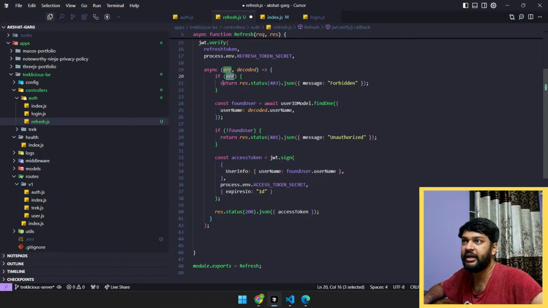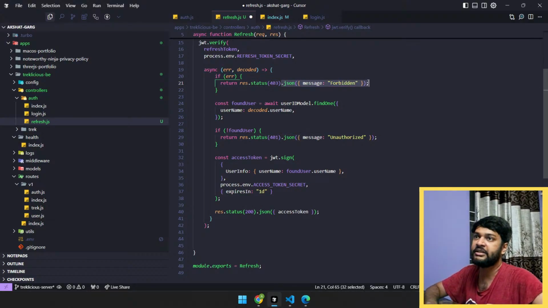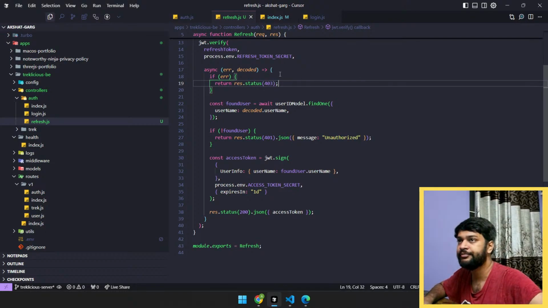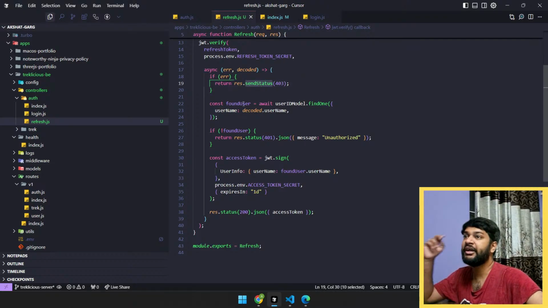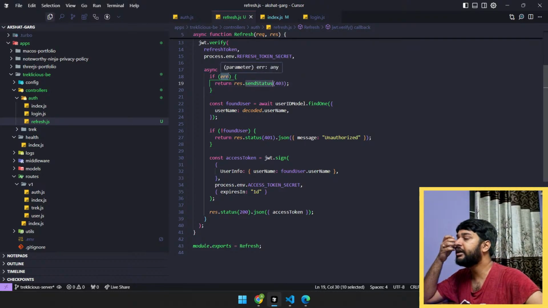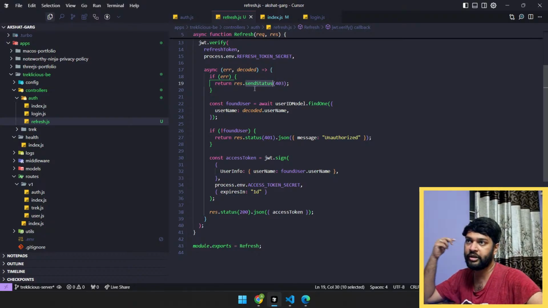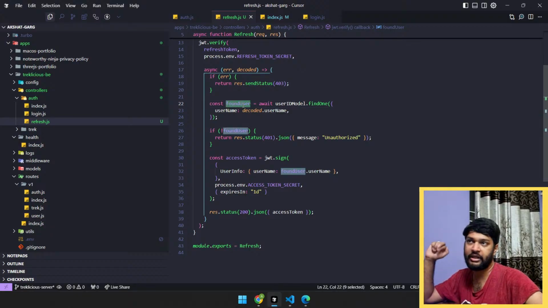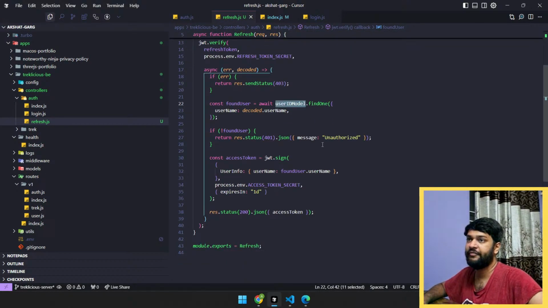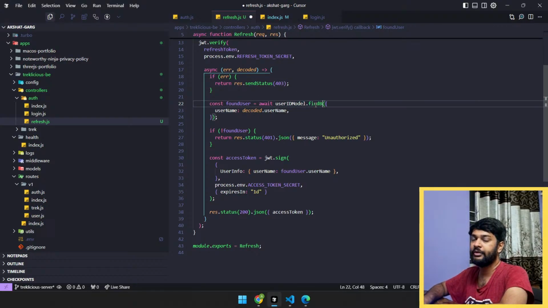हमें अगर एरर आ रहा है तो हम 403 भेज दे रहे हैं और यहाँ से इसे हटा ही देंगे हम, ठीक है, और इसे कर देंगे सेंड स्टेटस, ठीक है दोस्तों। और अगर हमें मान लो एरर नहीं आ रहा, हमारा डिकोड हो गया है टोकन, राइट, तो हम क्या करना है, फाउंड यूजर, हम एक यूजर फाइंड करेंगे यूजर आईडी मॉड्यूल से, जहाँ पे फाइंड नहीं होगा, ये होगा फाइंड बाय आईडी,